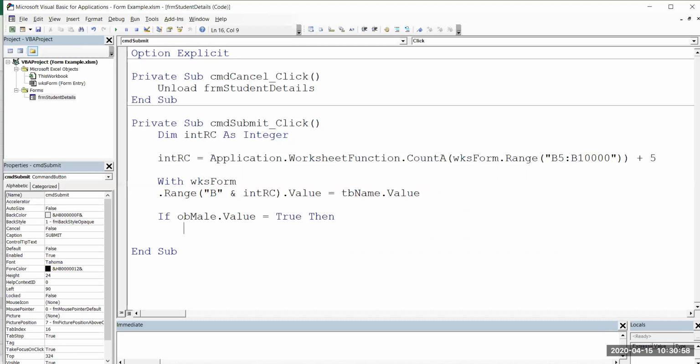If it is true, then within this range, I have to print it in the next column, that is C. I'll say int RC dot value should be equal to OB male dot caption. So caption is what label you gave to that option button. That will be printed in the sheet that we have. So if the option button male is selected, then I want to print the caption given to the same option button. So if it is not selected, I'll just say else,